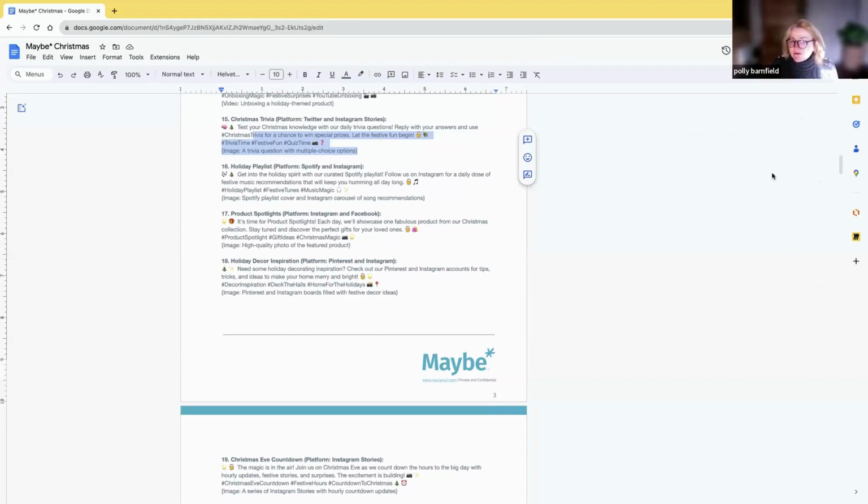And Simon's also asked, we're kitchen designer installers and would love some insight on how to include some of these ideas. Yeah, we can do kitchen installers. So kitchen Christmas trivia, Simon, I think is a wonderful one. Hannah is going to do a demo of the new social scheduling tools on Maybe.